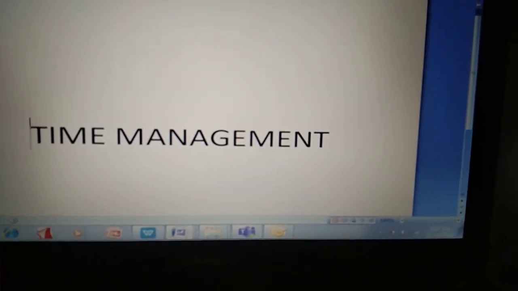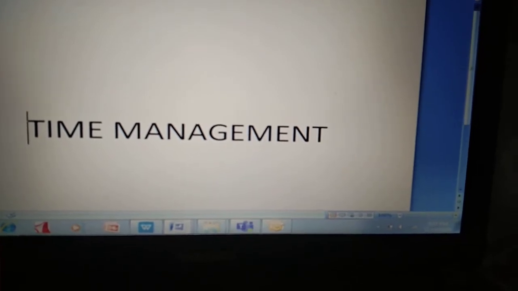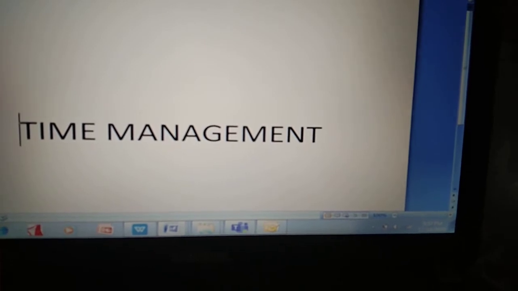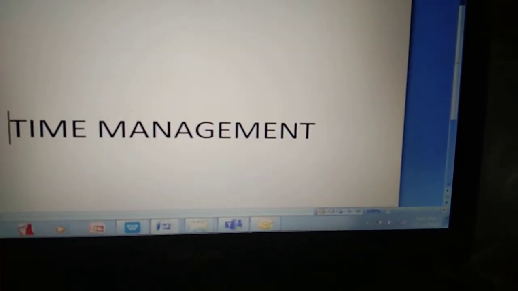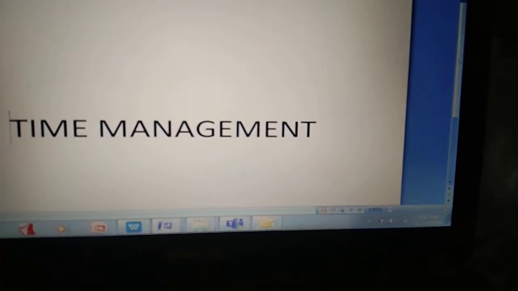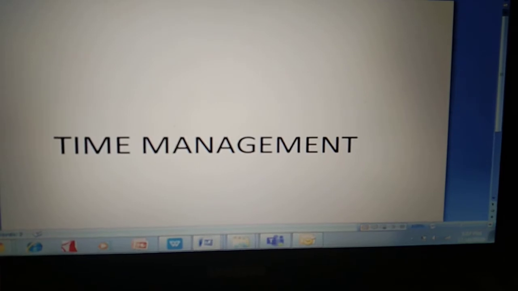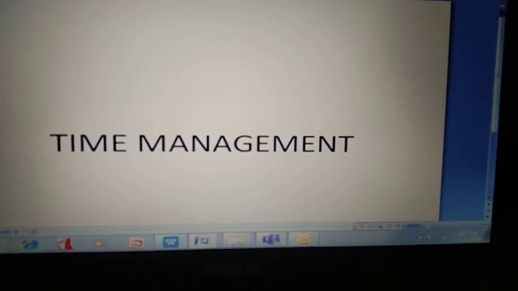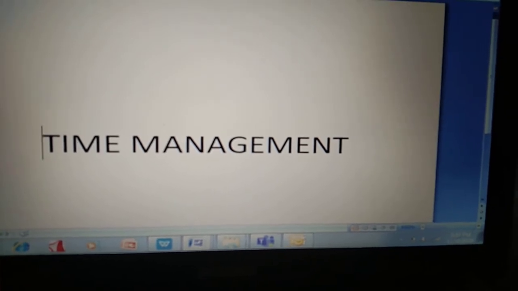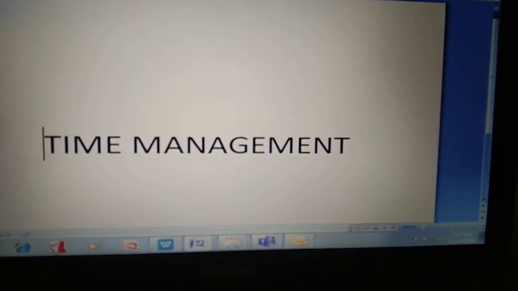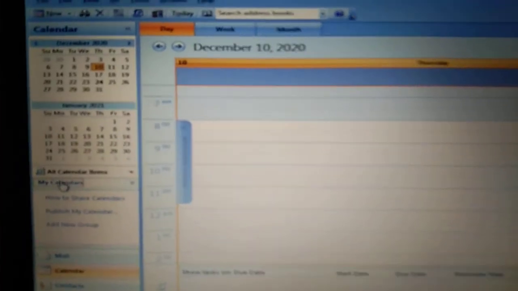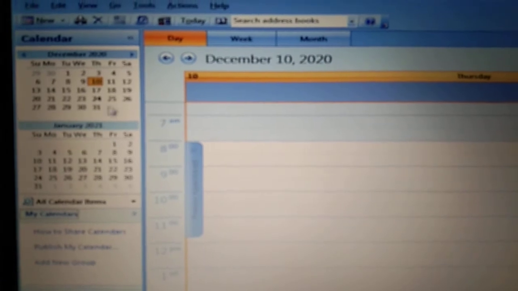Nowadays, apart from the basic technique of using pen, paper and printouts, a calendar helps you very much in finishing your work. With the help of a calendar, you can manage your schedule, and there is a wide range of software available which offers large functionality in organizing our schedule efficiently. Now let's study how we can work with calendars in Outlook. Here there is a feature of a calendar in Outlook.